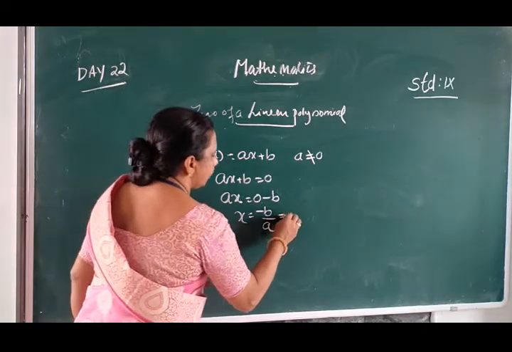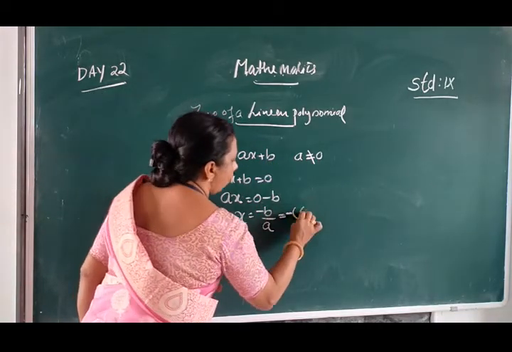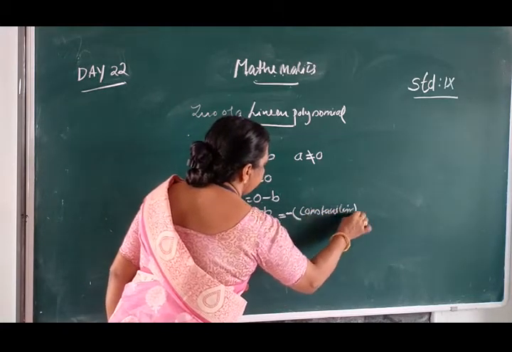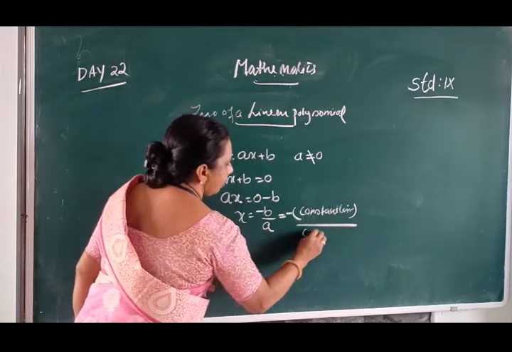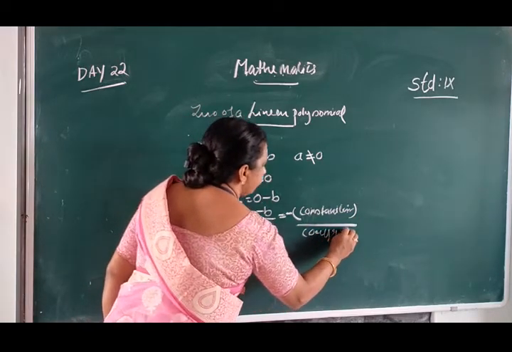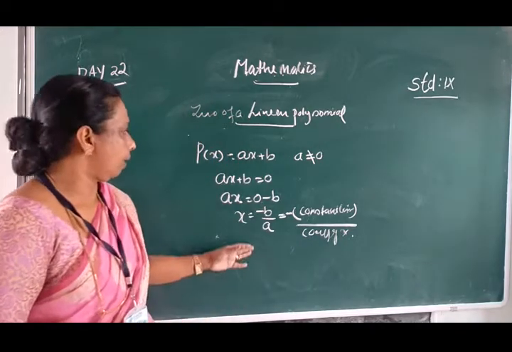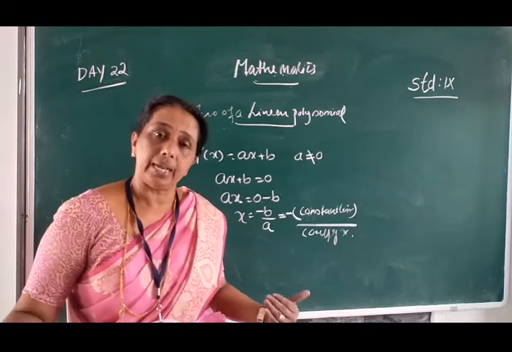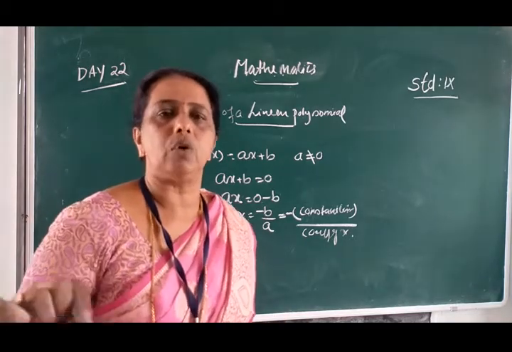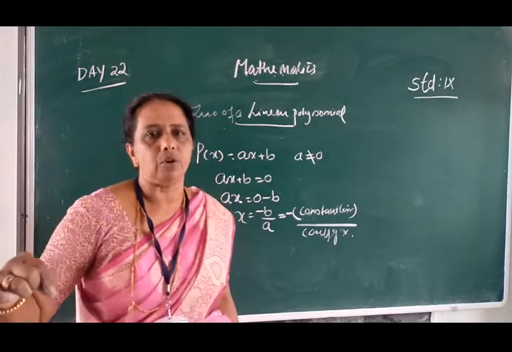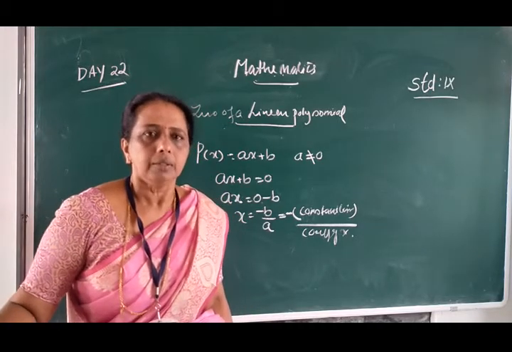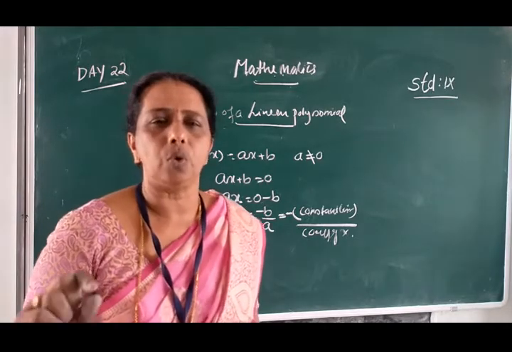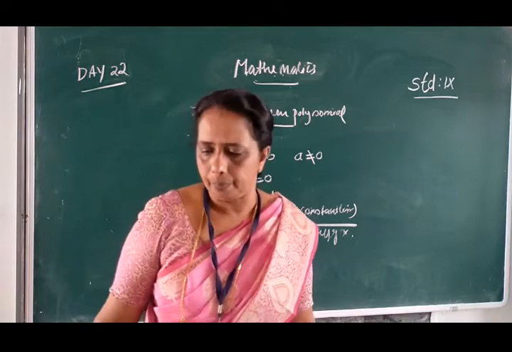Here b is a constant, divided by a, the coefficient of x. Using this formula we can find the zero of any linear polynomial, or we can equate the given linear polynomial equal to 0. We want to find the value of the variable in that polynomial, that is the zero of the polynomial. A linear polynomial has only one zero. For example,